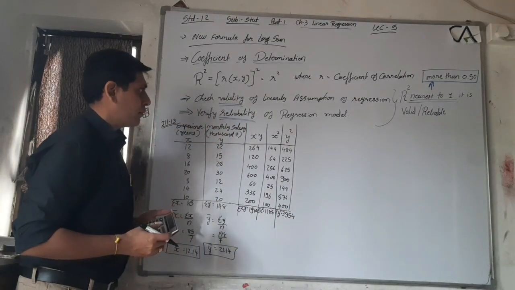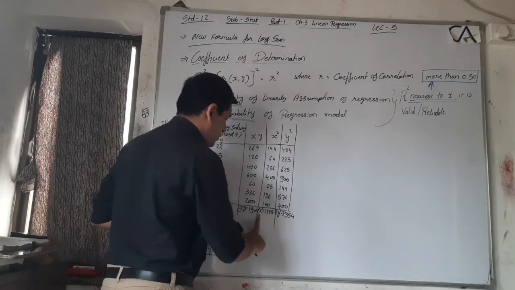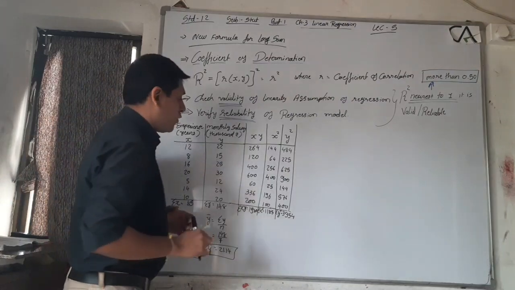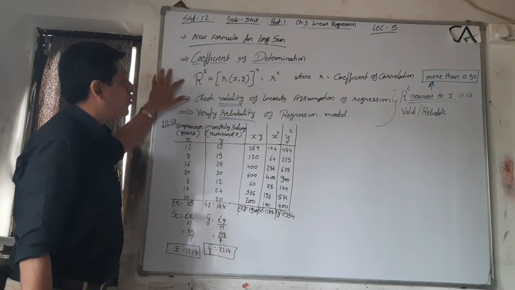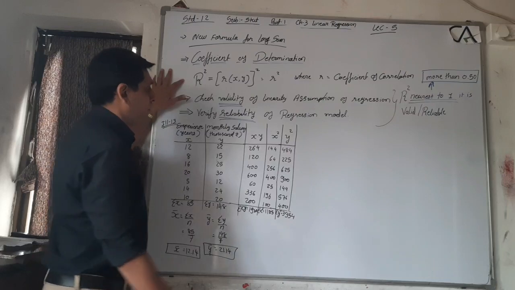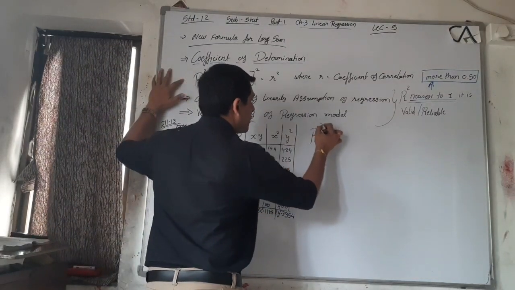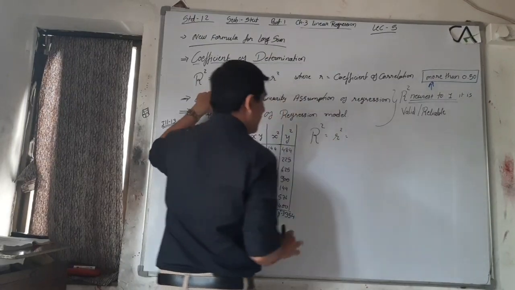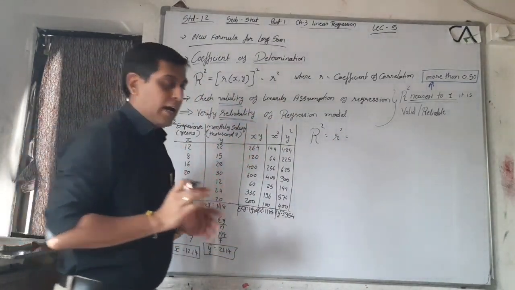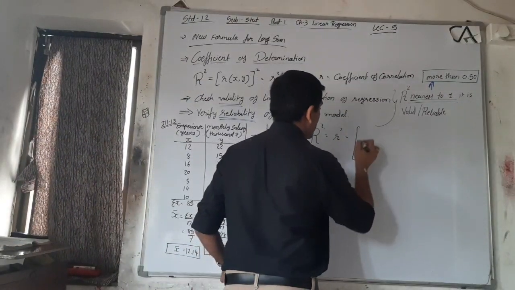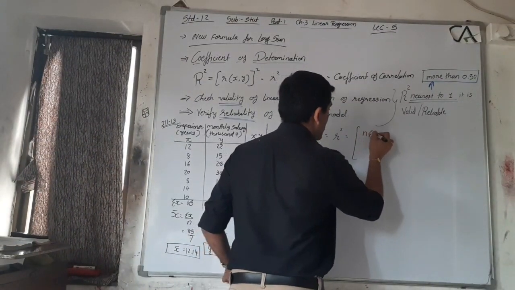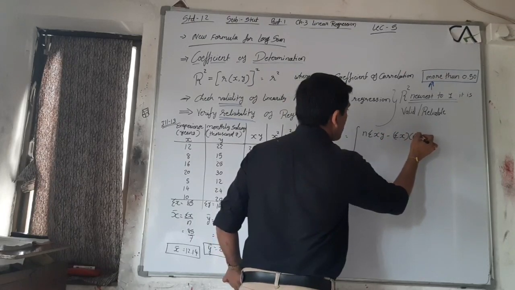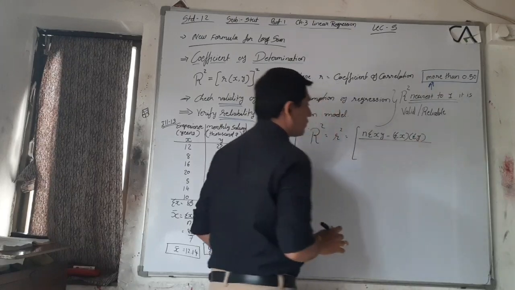First of all, write down this: sigma x square, sigma y square, sigma xy. Now, which formula do we have to use? We have to find out the coefficient of determination, that is r square. Here, what is the formula for r square? R square is equal to small r square. And what is the formula for r? Write down like this: n sigma xy minus sigma x into sigma y upon,